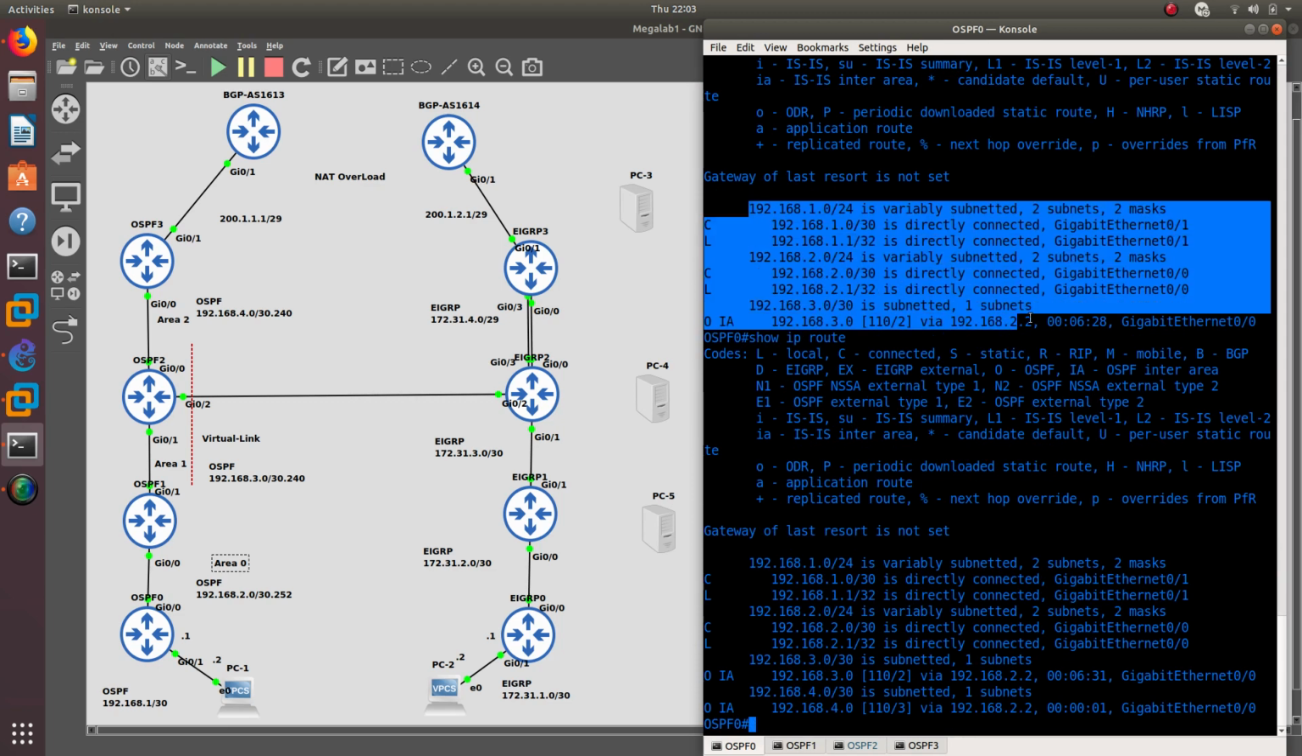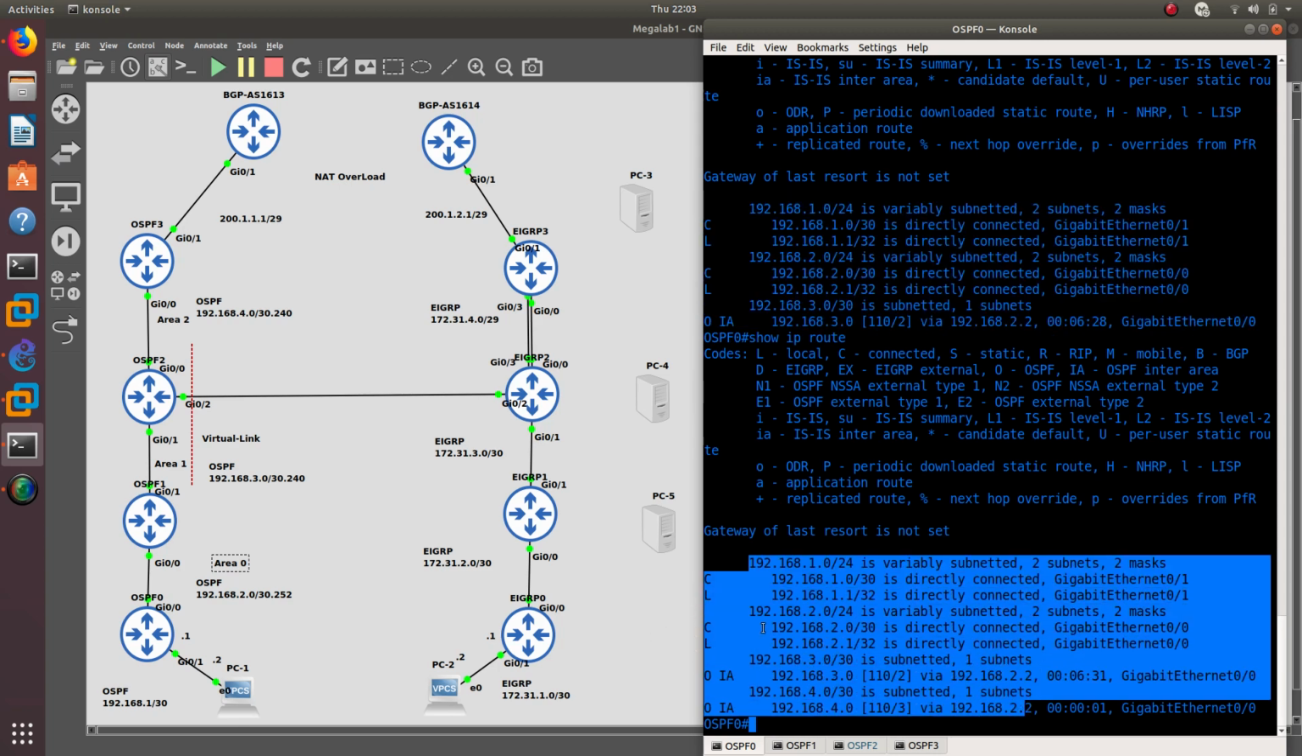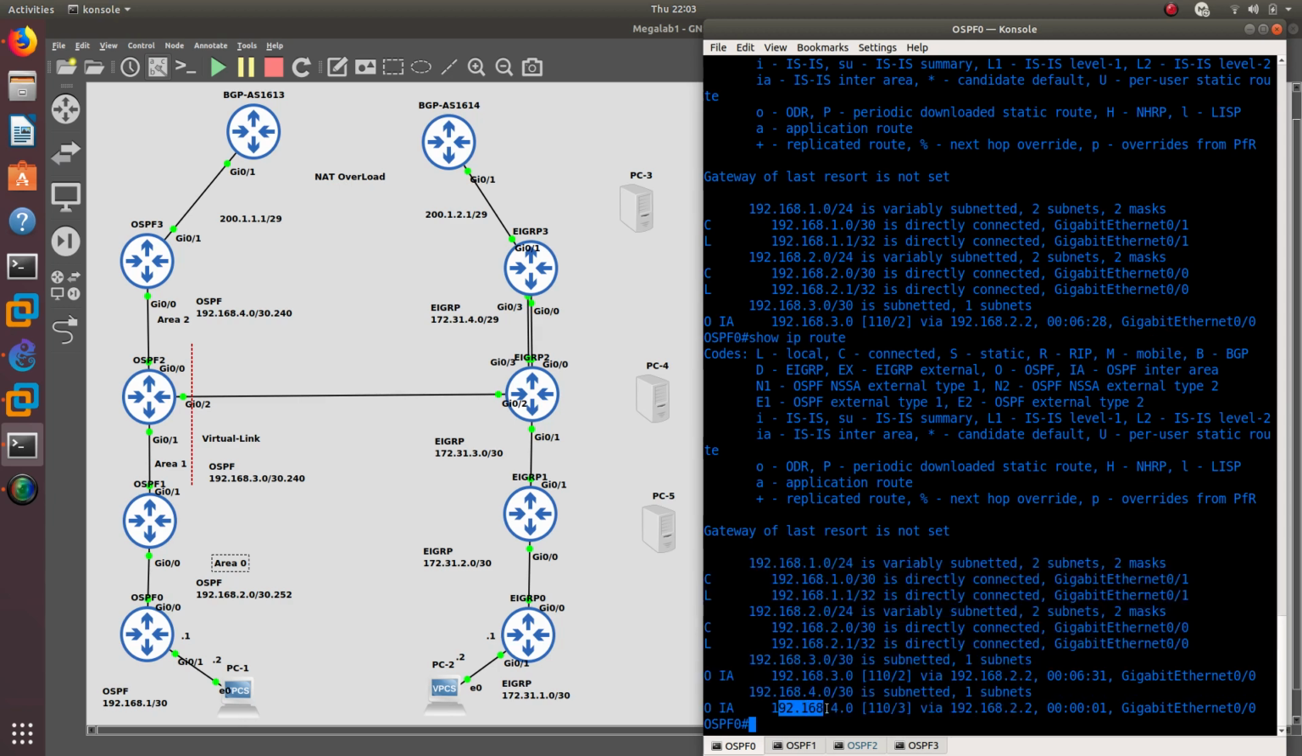As you can see, we did show IP route, and it wasn't there. Then we did it again, and now we have 2 IA, so inter-area networks. So we have the 4th network inserted right here. So this is great, just what I wanted to do. So we are done with this